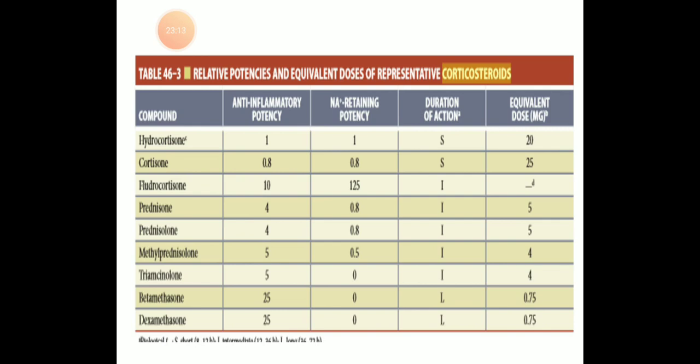Here the names of a few of the corticosteroids were given, and out of these, dexamethasone and betamethasone are the most potent, and the potency is based on the anti-inflammatory property. So, you just see that almost 4 to 5 milligrams of prednisolone is equivalent to 25 milligrams. So, the ratio is around 1:5. Similarly, 1 milligram of hydrocortisone is equivalent to 5 milligrams of prednisolone. So, the dose regulation would be like that.